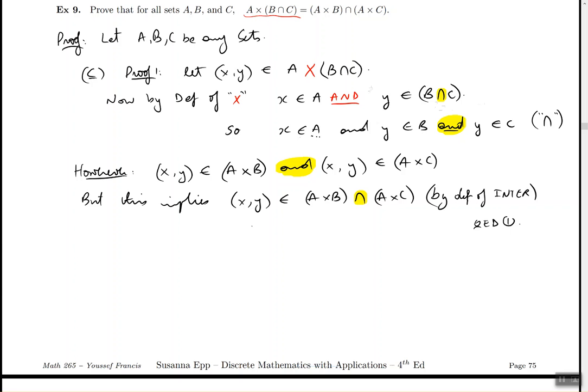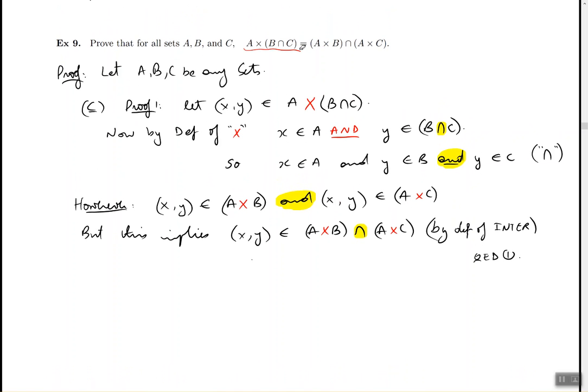But having that x be in A and y be in B and y be in C, I can do a combo of x, y together, and I could do a combo of x comma y together like that. And that's kind of what I did on the next line. I took xy from A cross B, so this is the same cross that we're talking about from the start, and this is another cross from the start also. Okay, but since x comma y is in A cross B, and it's also in the A cross C, we can take those two sets and put them together and use the intersection. And now we have proven that if you're part of this, then you're automatically part of the right-hand side of the equation. Now, we're going to do the other direction this time.